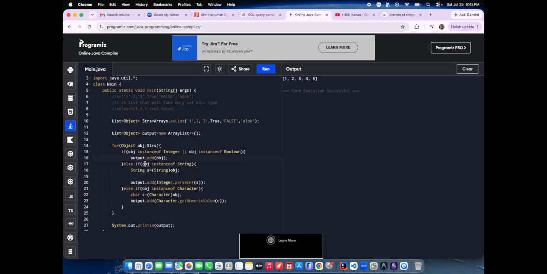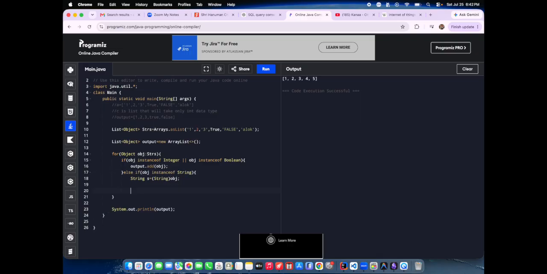Post that we can check else if it is of type string. In this string only we will have multiple conditions, so that we are going to check now. Here we need to add one more condition, s dot matches. This is a method inside the string which checks whether it is matching with the regex or not. In case of here, instead of writing a regex, I will mention